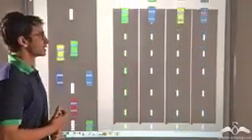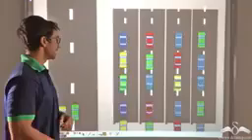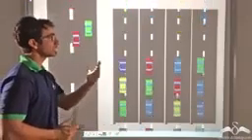Now consider this animation. In this animation, two separate cases have been considered. On the right hand side, you can see a 4-lane highway, and on the left hand side, you can see a single lane highway. Now, if you look closely, you will find that in the 4-lane highway, the cars are traveling quite fast. That is, traffic flow is very smooth, and the cars are moving from one end of the road to the other quite simply without any sort of hindrance or obstruction.